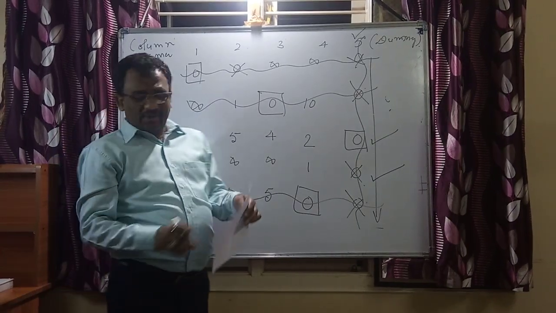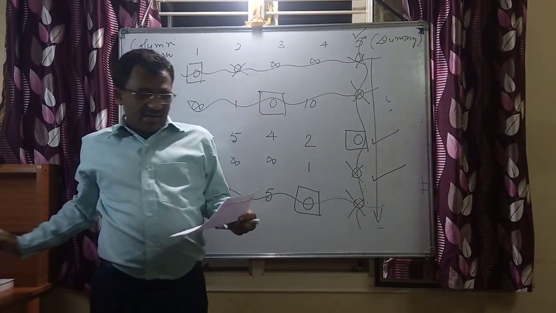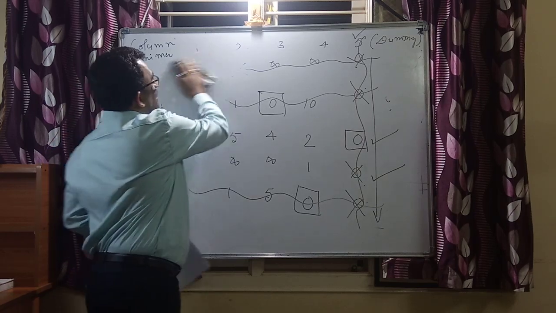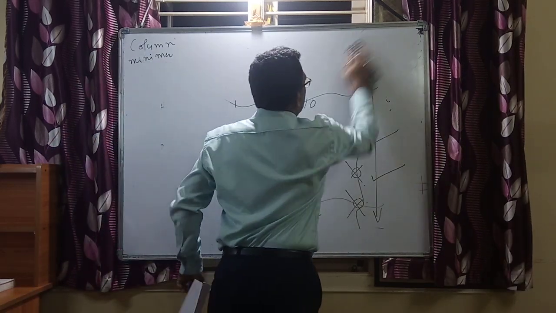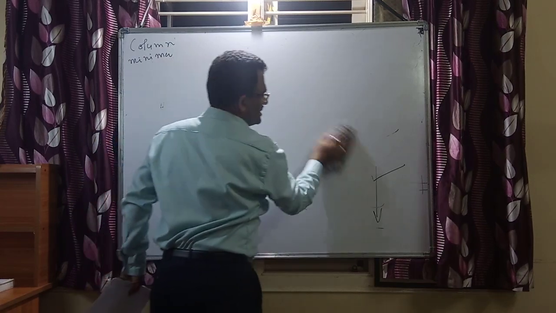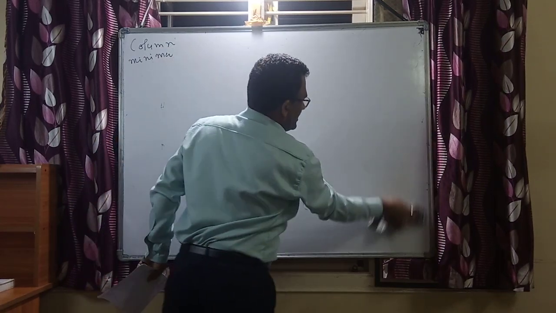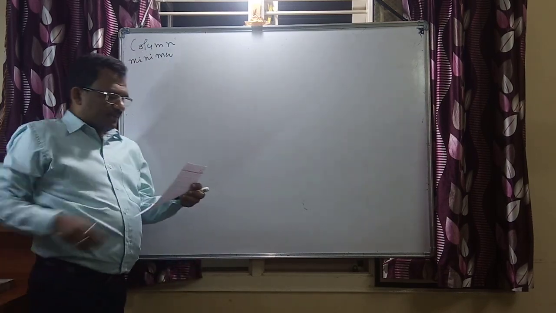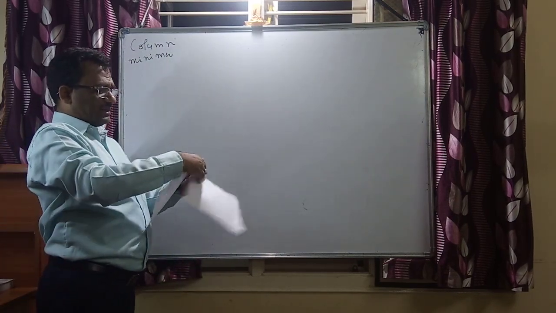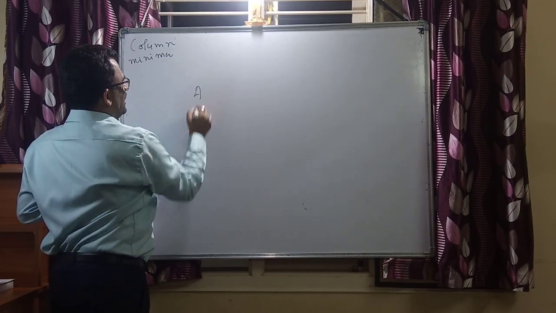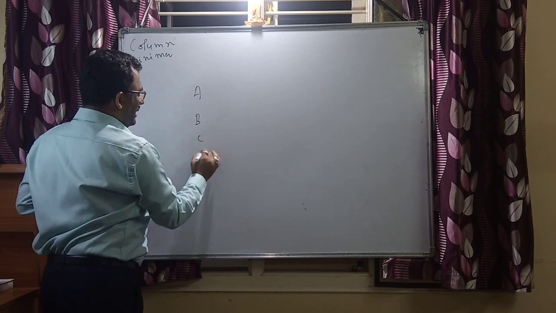Now I am going to have my revised matrix after this. After continuing with the Hungarian procedure, retaining all single line elements, subtracting the least number from all uncovered elements, and adding the least number to the intersecting element, I'll get my revised matrix. I'll just proceed with this. I have A, B, C, D, E.